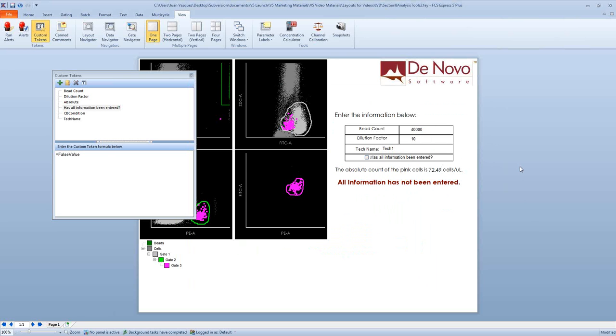We could do that with a token that gives us a textual output. We can also do it with a token that gives us a numerical output. What we can also do is a lot of conditionality in FCS Express in the analysis based off of the value of another token. So, for example,